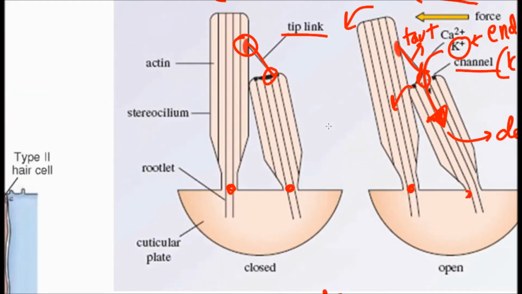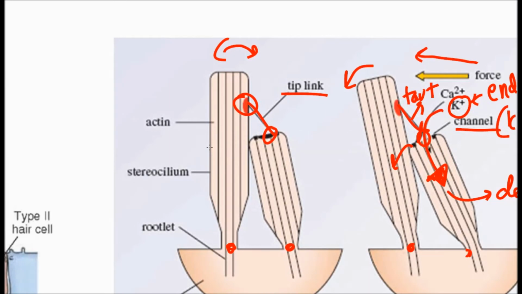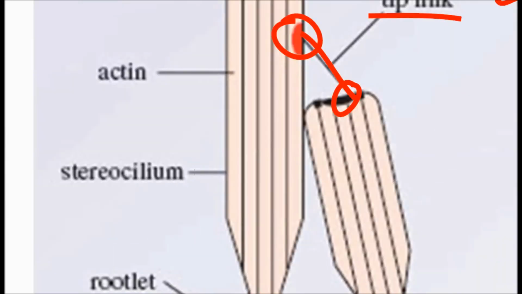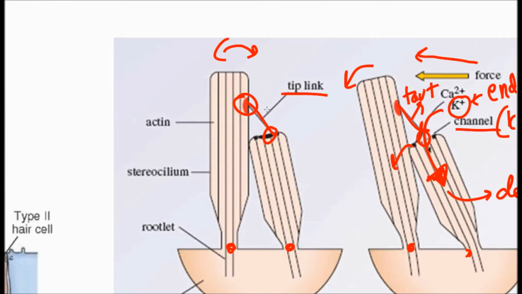You can also look at this situation where the rotation happens in the opposite way. So instead of rotating towards the tallest stereocilia, which is the kinocilium, if the rotation happens this side, this tip link will be loose, so it'll be slack. You can imagine it's getting closer to each other, so it'll be slack, so the gate will be closed,